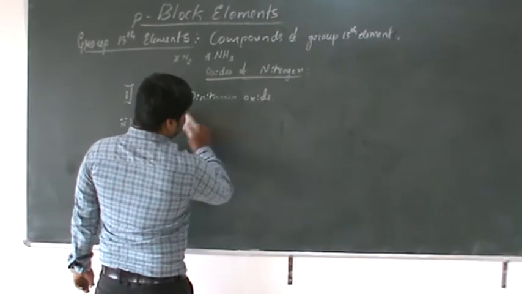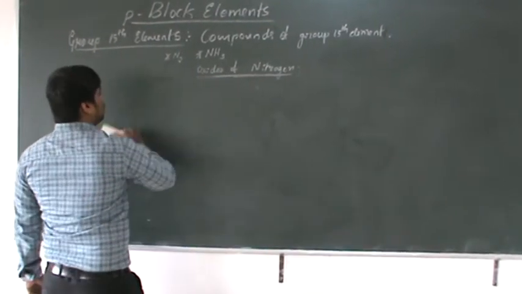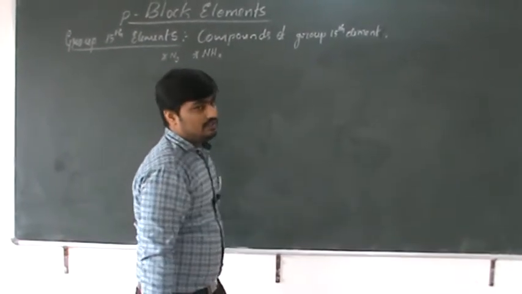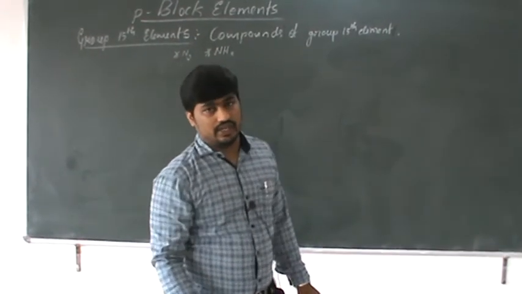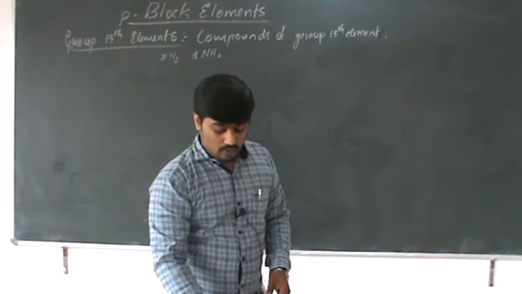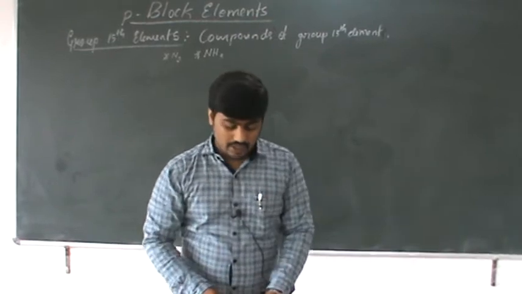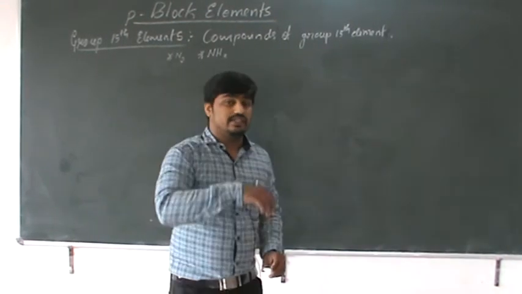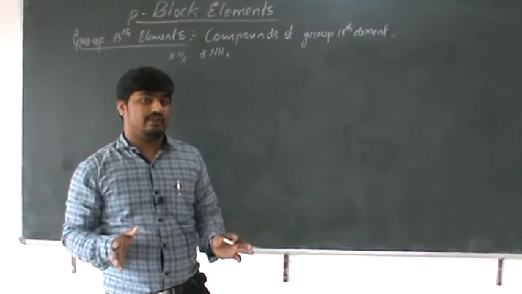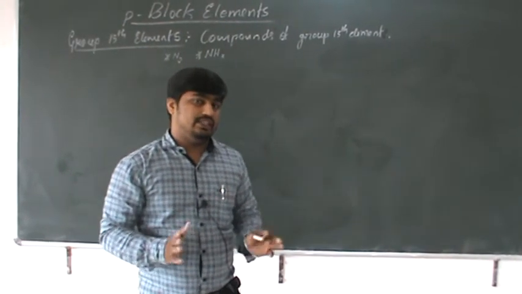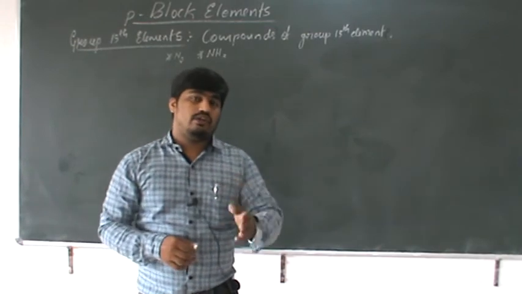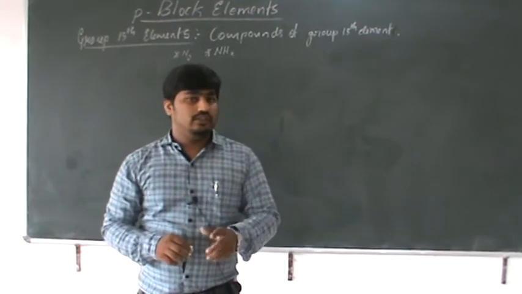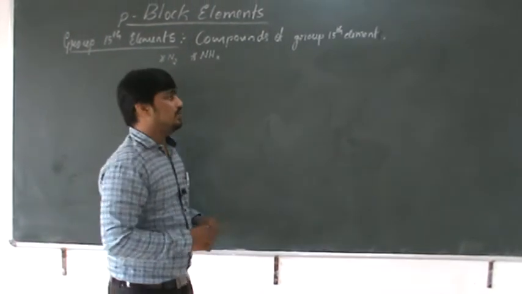Nitrogen dioxide is acidic. Then which one is more acidic in the oxides of nitrogen? In the oxides of nitrogen, dinitrogen pentoxide is more acidic. If in your exam or in your competitive exam there is a possibility of questions on acidic order, acidity, like "Give the correct order of acidity of the following oxides," then you go through the oxidation state.